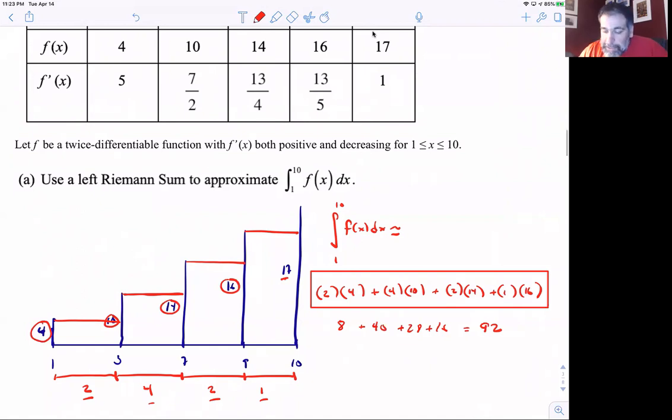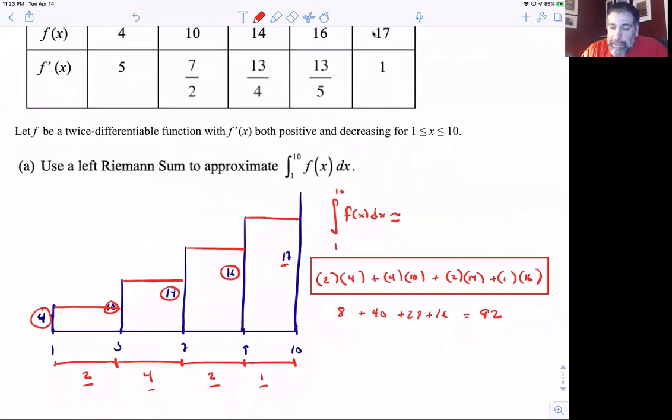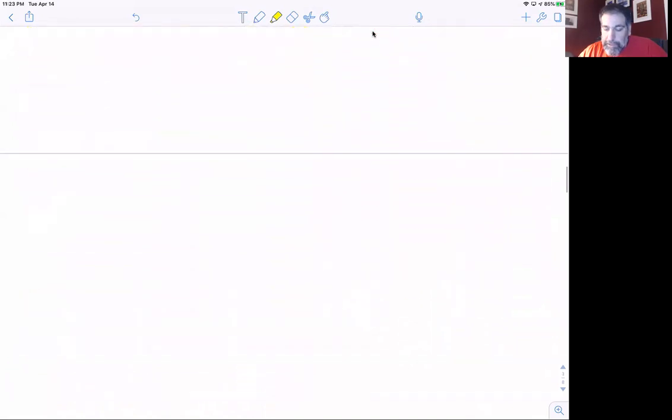Now, that being said, you do not have to get into this situation where you're drawing this every single time. This is just my way of summarizing what was kind of in the table already. So I'm just leaving that there to show you for an introduction how to set up the Riemann sum. Okay. So in the next example,